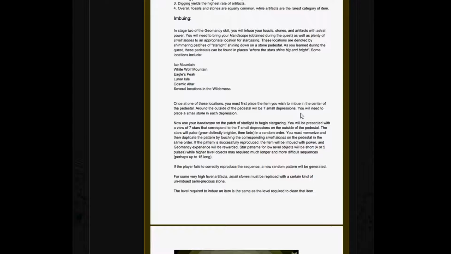The next section of skill is imbuing. In stage 2 of the geomancy skill, you will infuse your fossils, stones, and artifacts with astral powers. You need to bring your hand scope obtained during the quest. I don't know which quest. I think they mean the quest to unlock geomancy, as well as plenty of small stones to an appropriate location